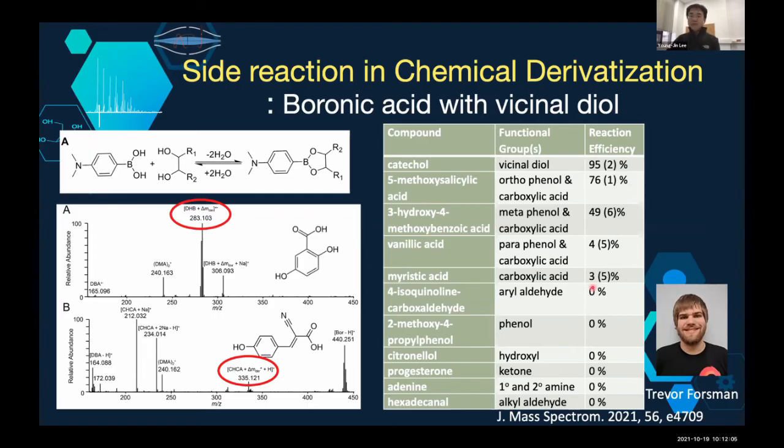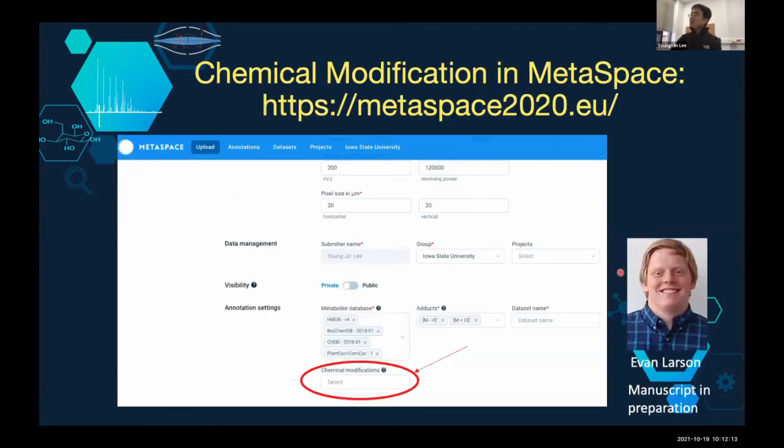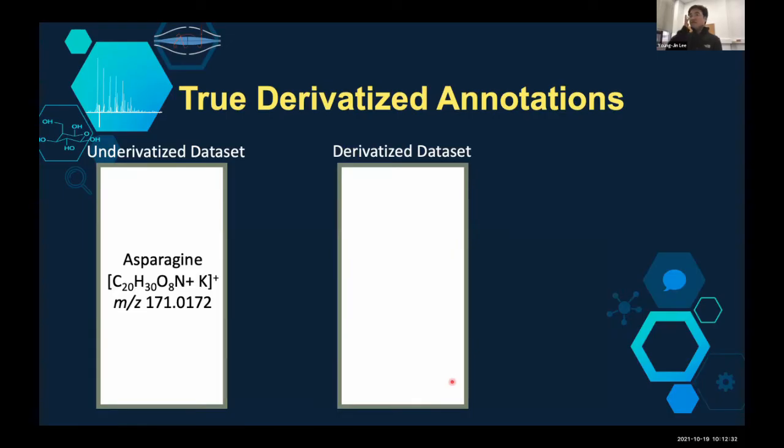So this is the kind of information that you need to keep in mind when you are applying chemical derivatization for untargeted analysis. But then more recently, we worked with Theodore Alexandrov's group, and they now adopted this chemical modification to their METASPACE. So now we can use this chemical derivatization. And when we tried this, one of the limitations that you need to keep in mind is,